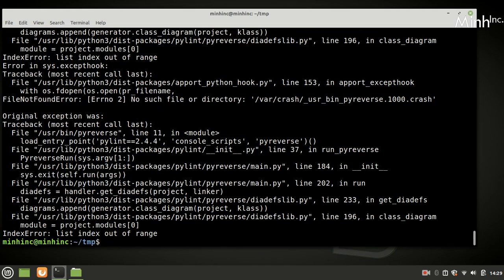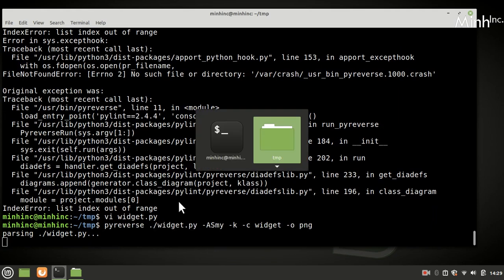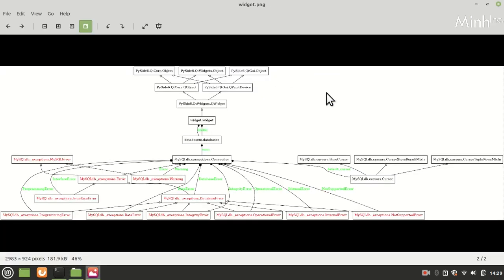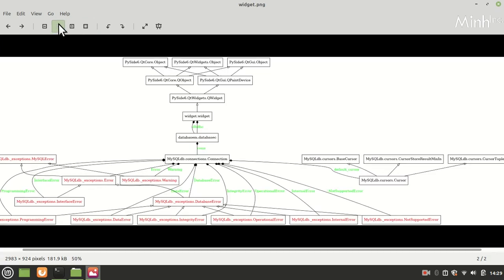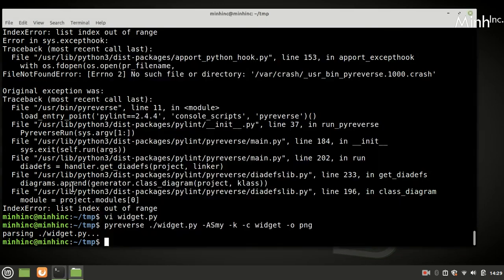Now we'll try. Okay, so it is visible now. Either we make it a class variable or an instance variable, it is taken as association, and now widget is associated with database C, and it has so many diagrams. We can place built-in also, then it would become very big.